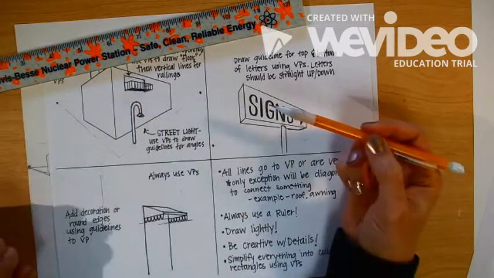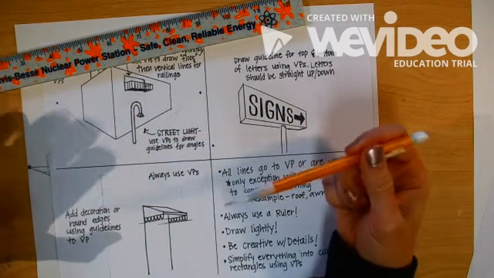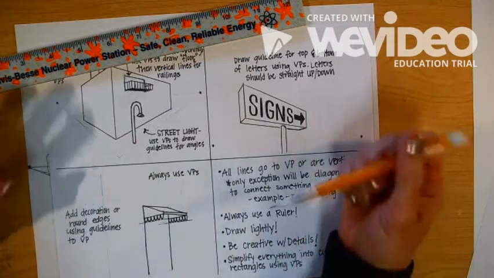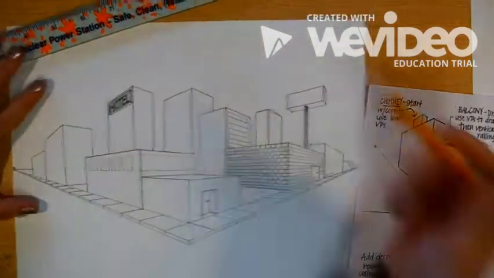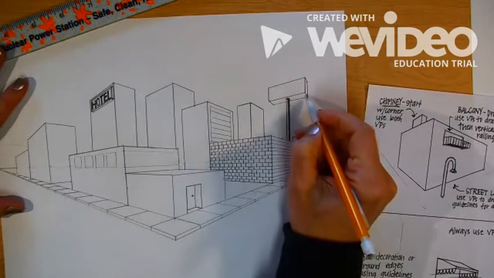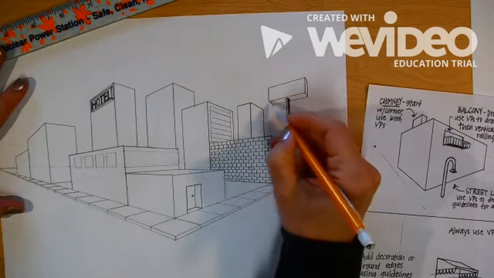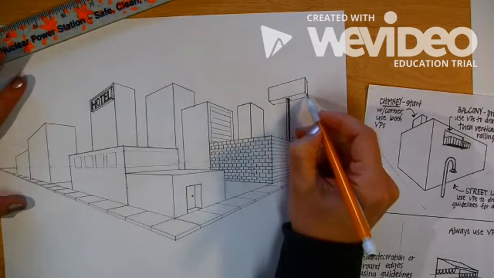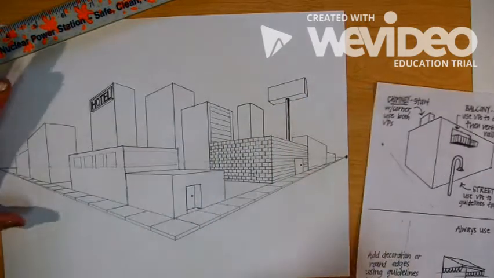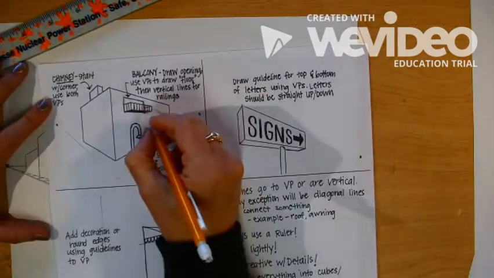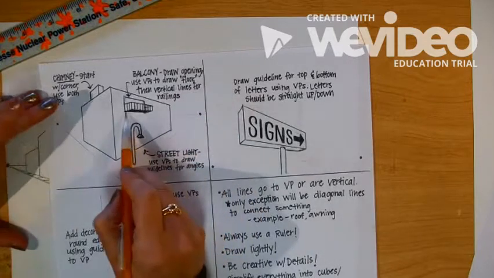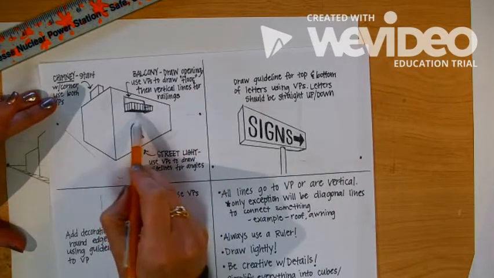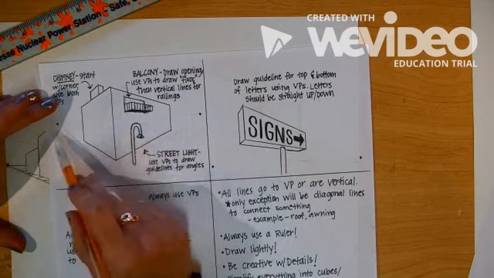It gets kind of confusing to put into words, but if you think about when we made the billboard, so when you made this billboard here, we drew going to the other vanishing point for this bottom part. So it's kind of like that. It's just coming off the opposite side. That might not make sense, but when you have this picture in front of you, it makes it a little bit easier. So the floor of our balcony is drawn by just using that vanishing point on both sides